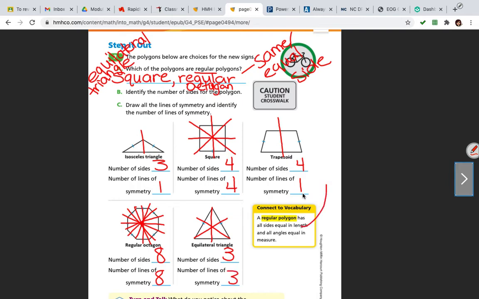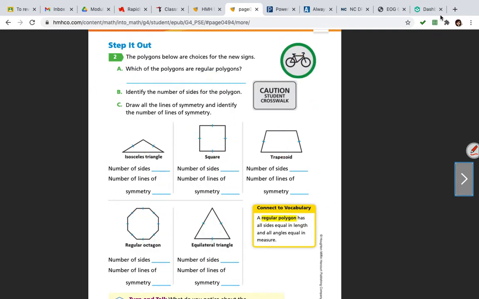And this is what we should have looked at up here. A regular polygon has all sides equal in length and all angles equal in measure. I left out the angle measurement. So all sides are the same length and all their angles measure the same. On the next page,